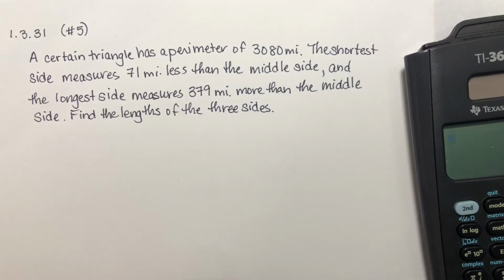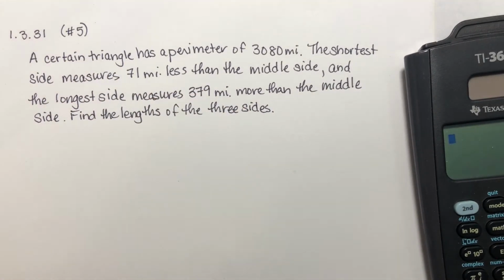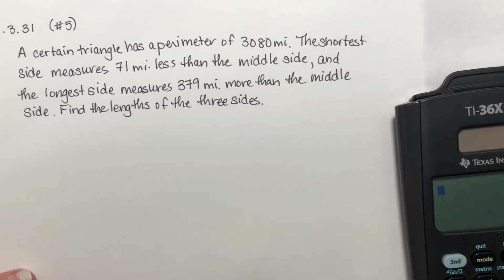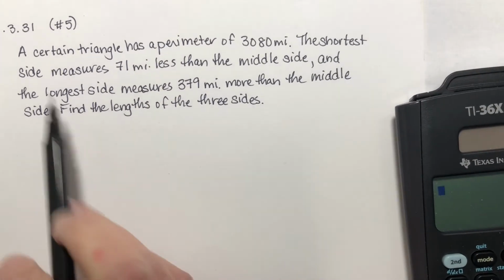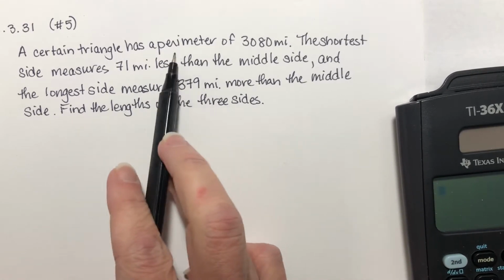Okay, I've been asked to work problem 1.3.31, which is number 5 from your homework in 1.3. Problem says, first of all, remember my numbers may be different from yours. A certain triangle has a perimeter, which means the distance all the way around, of